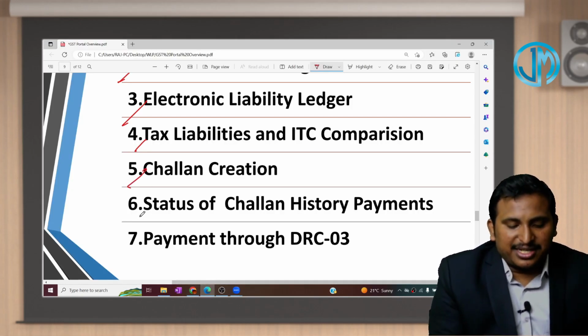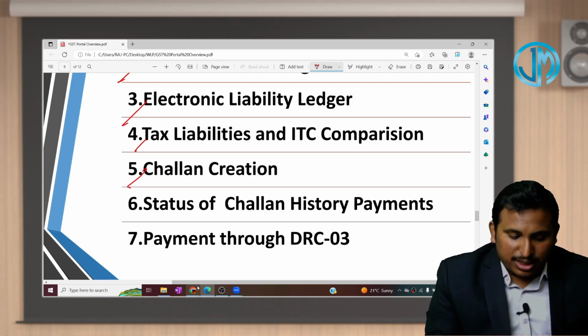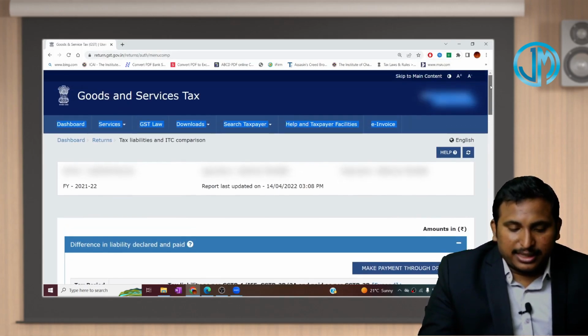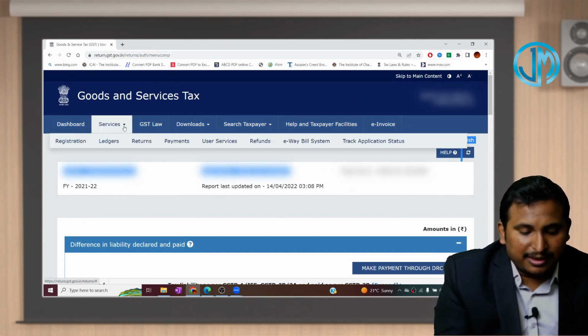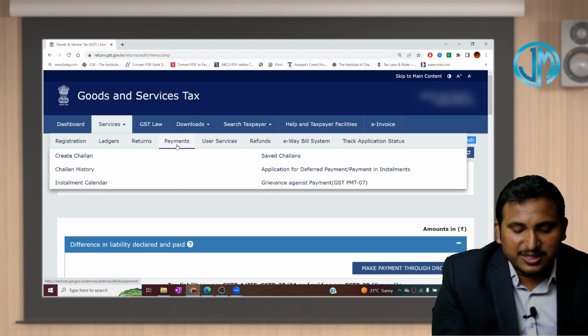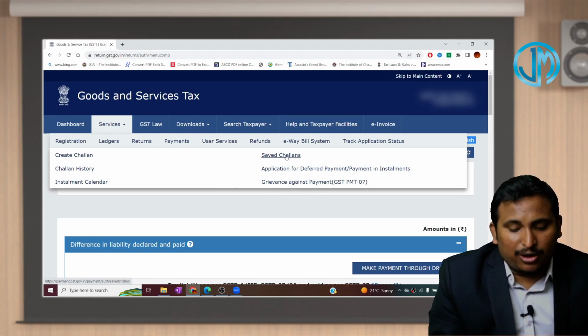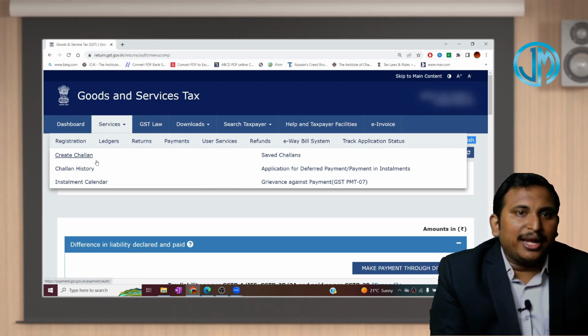Then, challan creation. At the time of 3B, suppose you want to make the payment, you have to create a challan, no? So, for that, how to do, sir? So, very simple. Once again, in the portal, if you come across within services, you will have something called payments. For doing payments, there create challan will be there. So like that, saved challans already. If there are any payments done, saved challans or challan history,